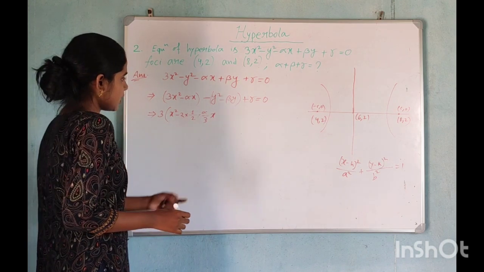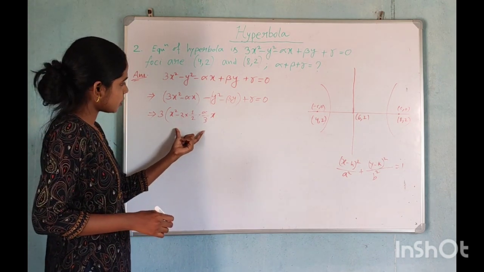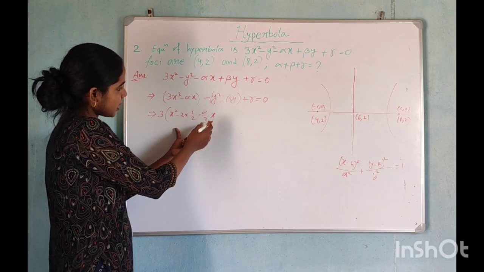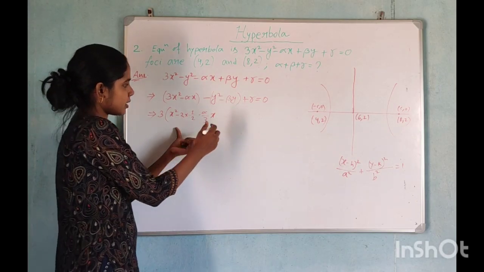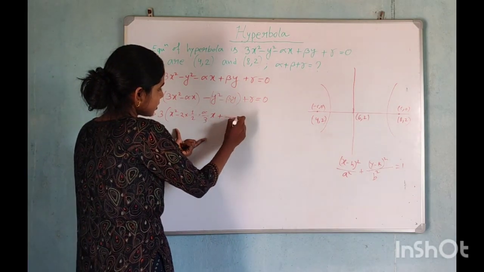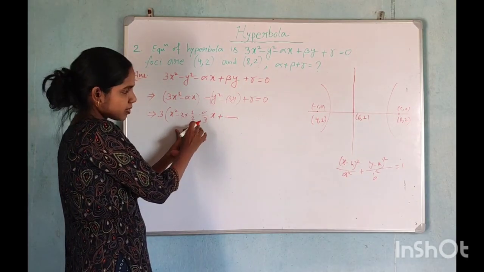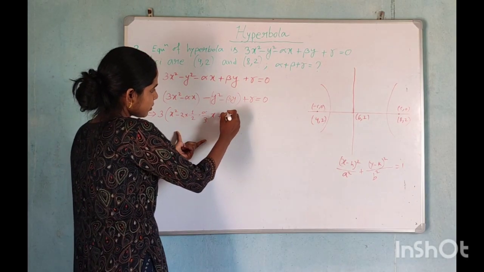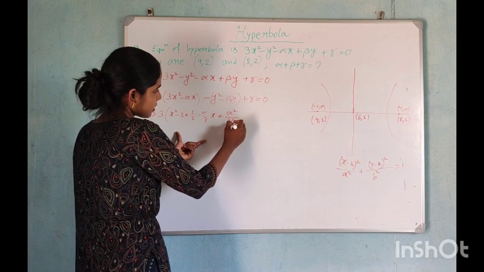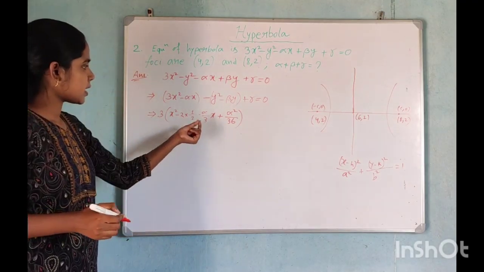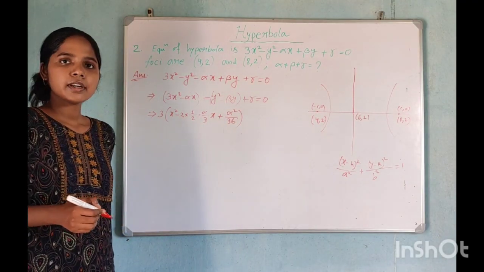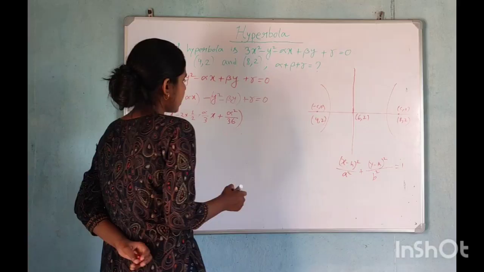Okay, I am making it a square. So now you can make it a square if I add here the term alpha by 6. If I add alpha square by 36, it will be x minus alpha by 3 whole square. Okay, in the same way